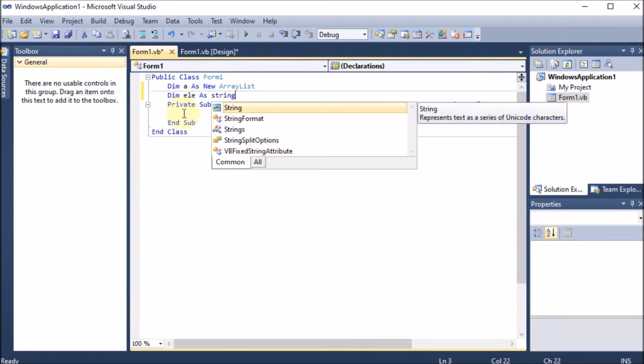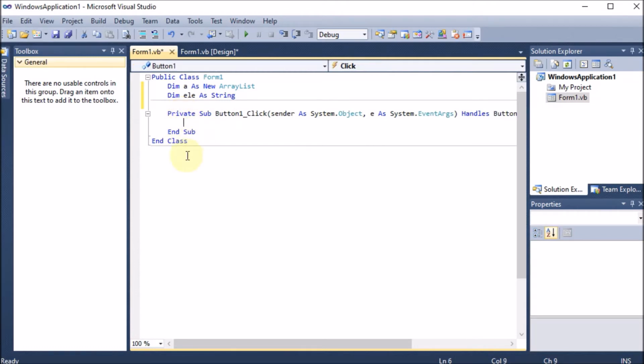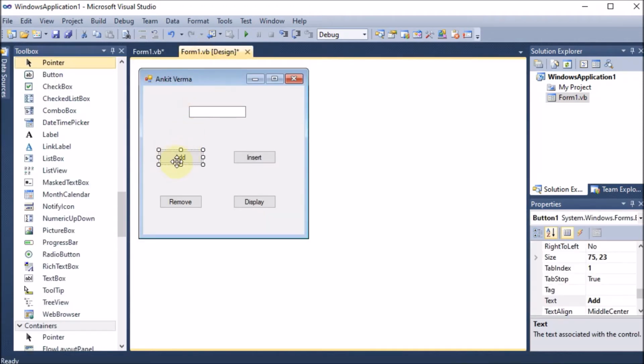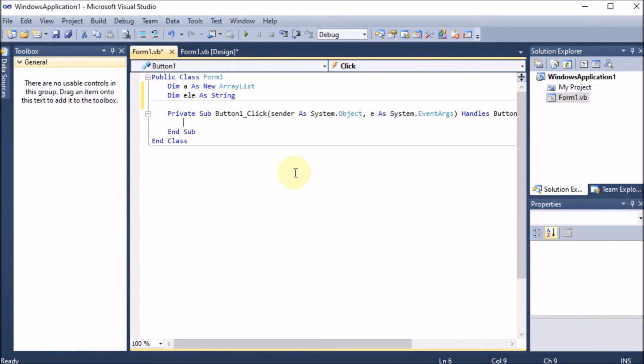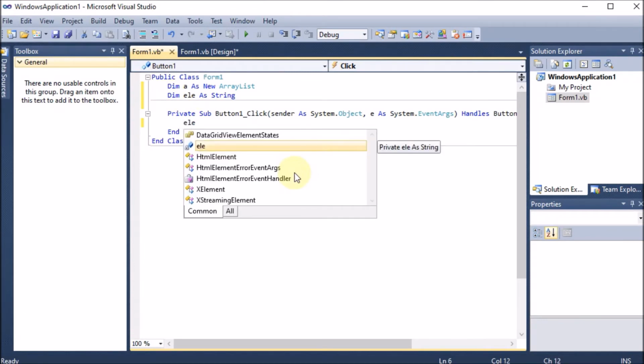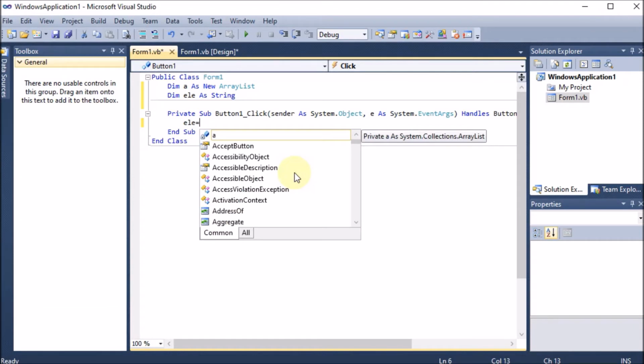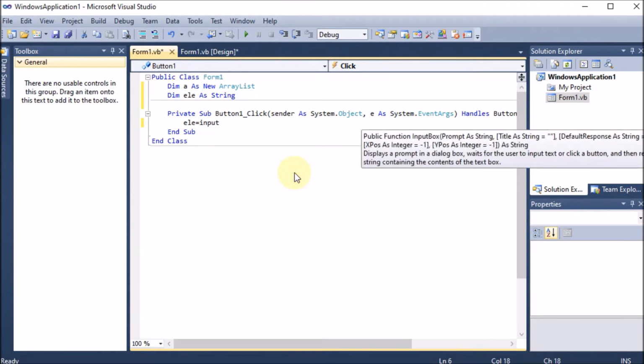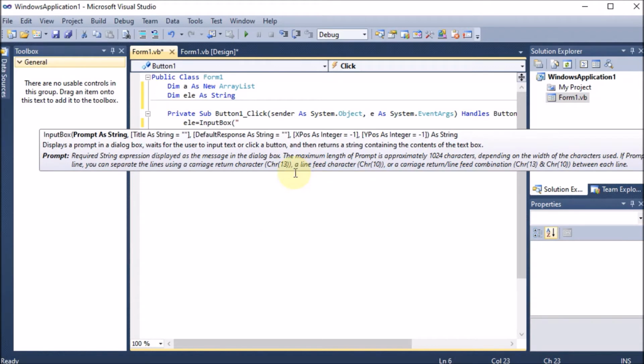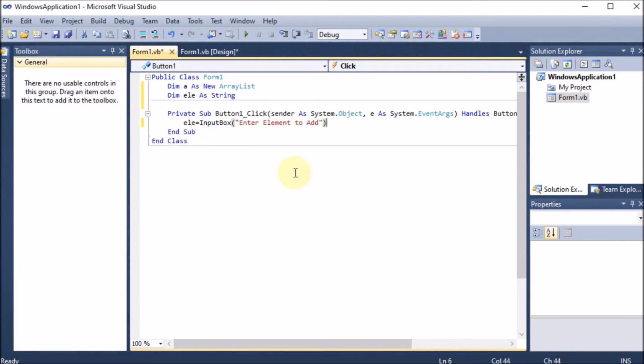Then afterward we are going to the button. This is the coding of button where we are going to make the code for add. Now we want that whenever we click on this add button, whatever the user is entering should be taken. Now here we are going back and we are taking the input box. So we are taking ele, that is the string we are taking. This is a string type variable ele. Now input box. So in the input box we are going to take certain value. So we are writing a message here, enter element to add. So here it is, the message will be displayed and afterward one pop-up will appear.